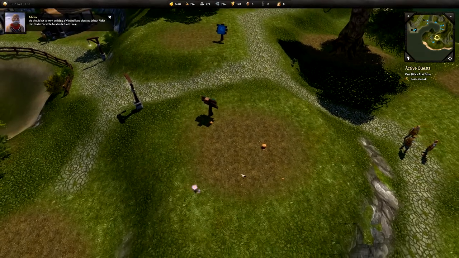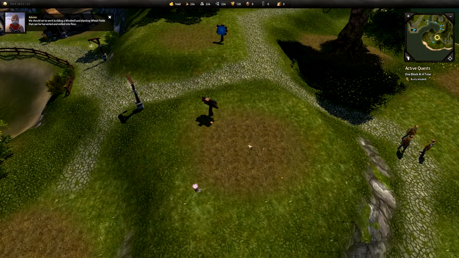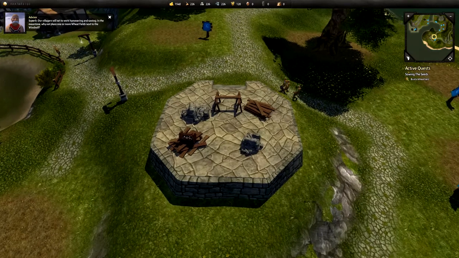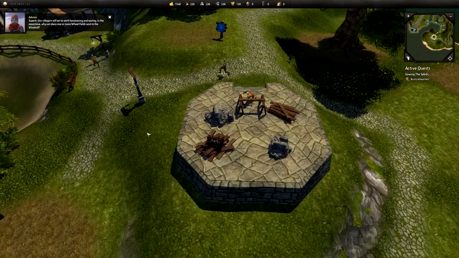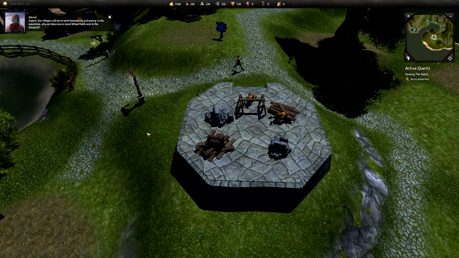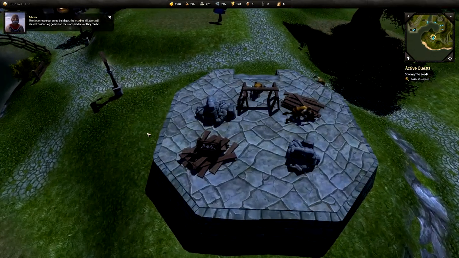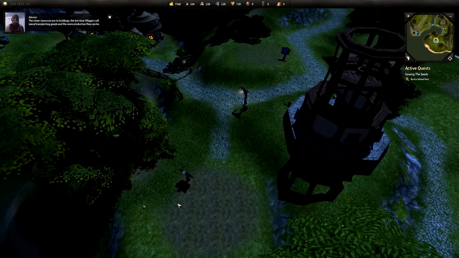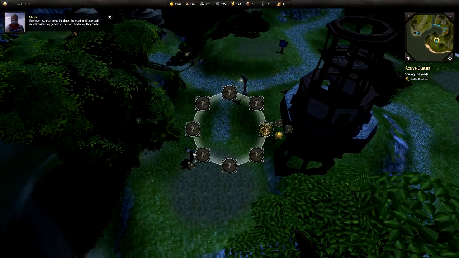We shall set to work building a windmill and planting wheat fields that can be harvested and milled into flour. Click on the notice board near the empty plot of land and select the windmill from the construction options. Superb! Our villagers will set to work hammering and sawing. In the meantime, why not place one or more wheat fields next to the windmill? The closer resources are to buildings, the less time villagers will spend transporting goods, and the more productive they can